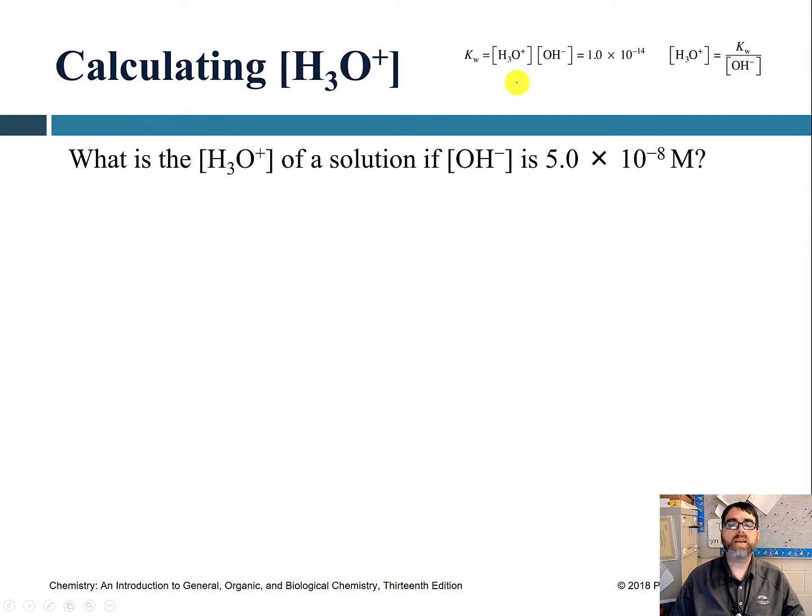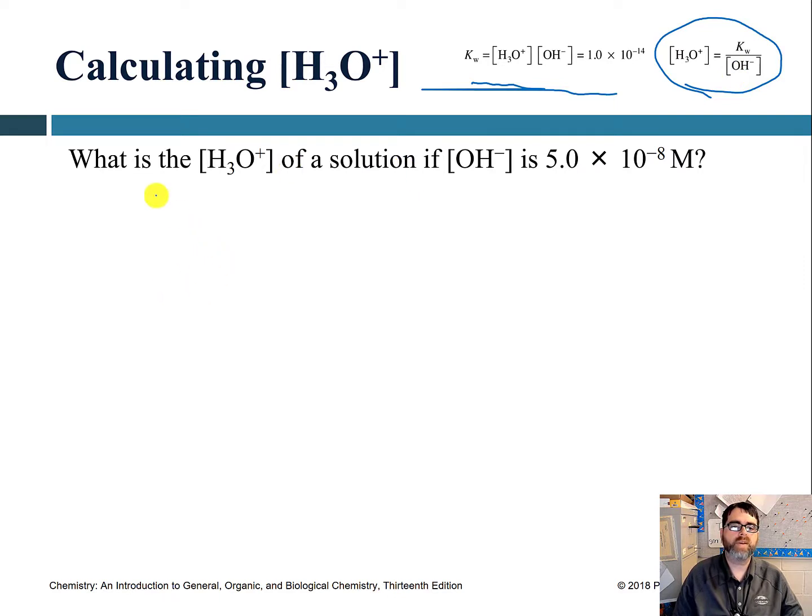Anyway, keeping that in mind, I went ahead and copied that over here and left it up here as a reminder for us. This one asks us to calculate the H3O plus concentration if we know the OH minus concentration. So I'm going to start with this equation here rather than relying on this being rearranged already. Certainly you could do this, but I always just start with the one formula. I only have to know the one formula, and then I can algebraically rearrange it to get to this one